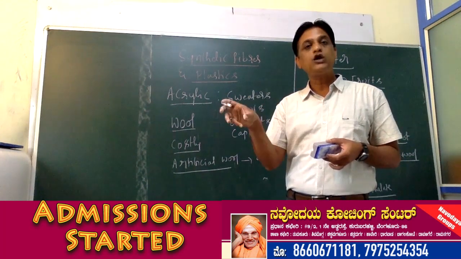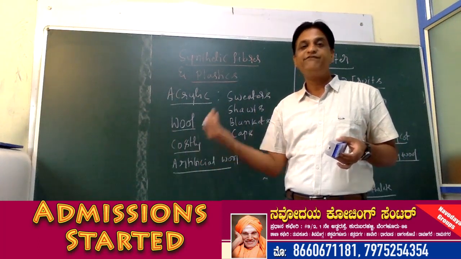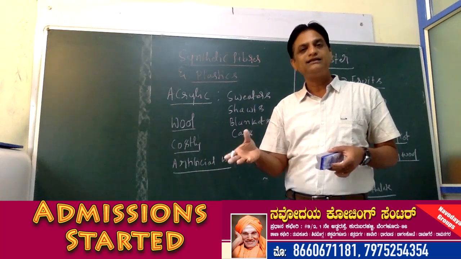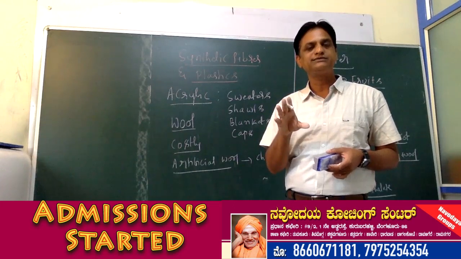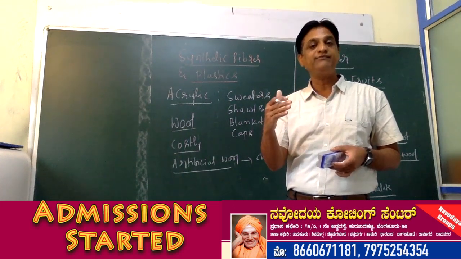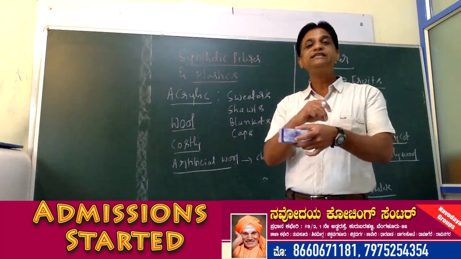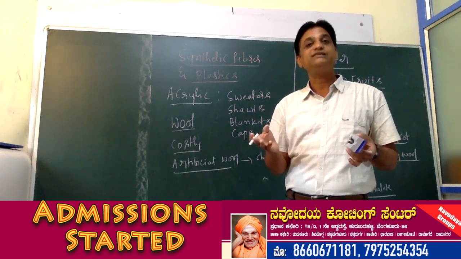Suppose the cloth catches fire. If you wear cloth which is made of synthetic fibers, what happens? When synthetic fiber is burnt, it melts. After melting, it sticks to the skin,